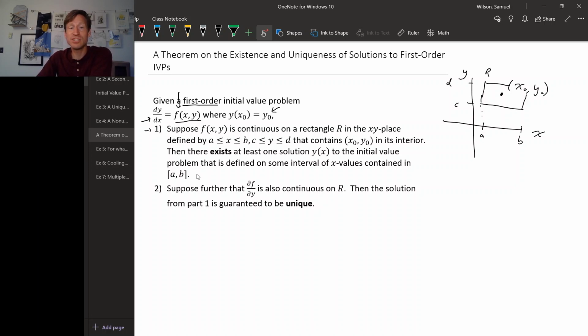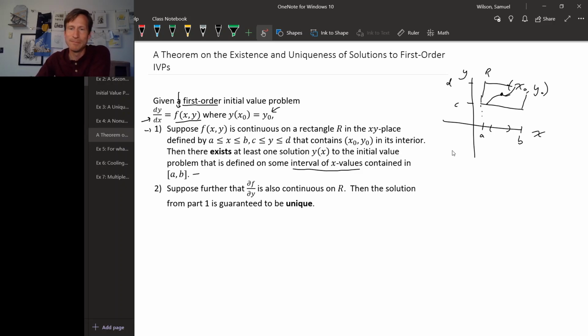And also that solution is guaranteed to exist for some interval of x values between a and b. So it might not actually be for the entire interval of x values. Your solution might look like this and wander outside of this good rectangle before you get to the end of the interval from a to b. But there's some interval of x values where there's a solution,